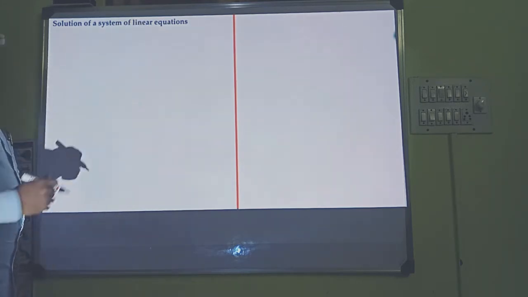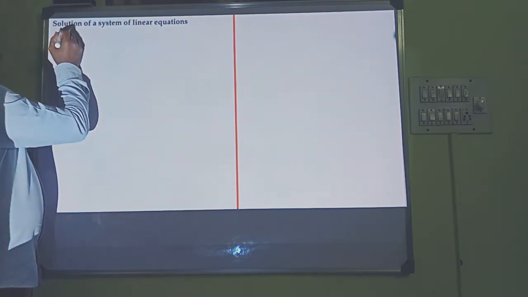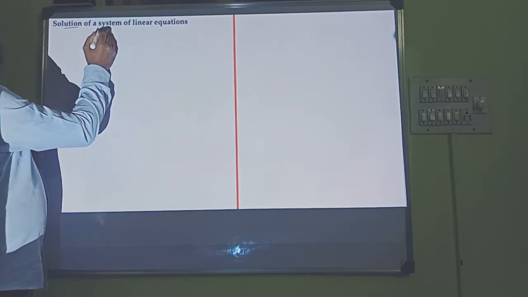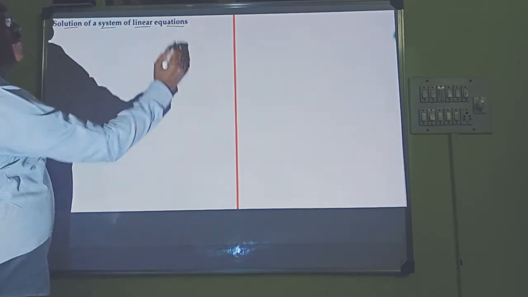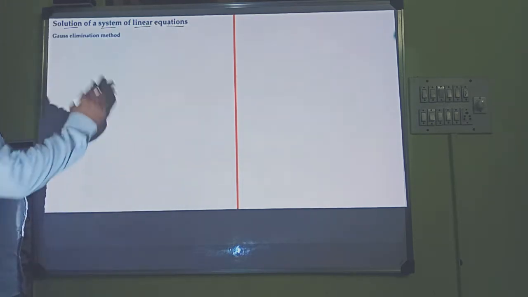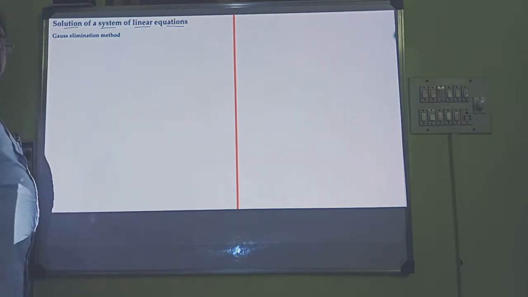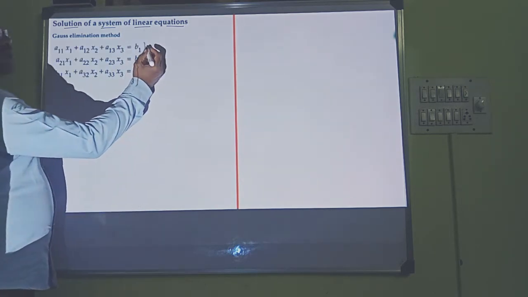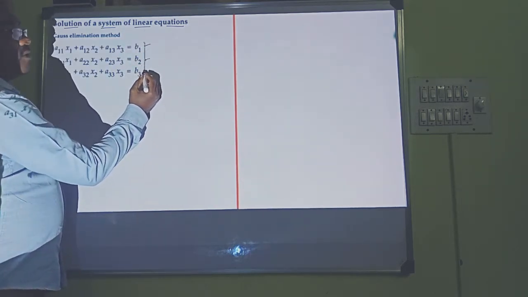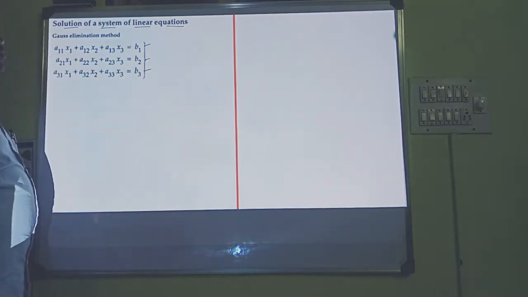Let us see the topic: solution of a system of linear equations. In that, the first method is the Gauss elimination method. Suppose you have three system of linear equations: